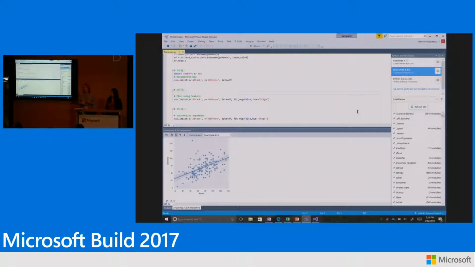with Python tools for Visual Studio in general, you have the ability to do remote debugging. You can also do mixed mode debugging. So if you have C# code that you're running that's invoking Python and vice versa, you can actually go ahead and do mixed mode debugging if you want to. You can also do unit testing, and you can basically assume, if those of you who are C# developers, you can do debugging and unit testing and source control and version control the same way that you would normally be